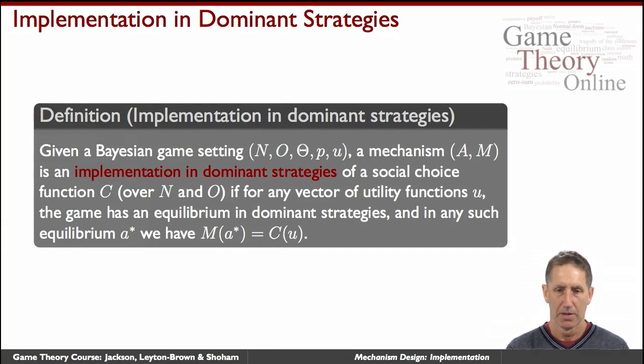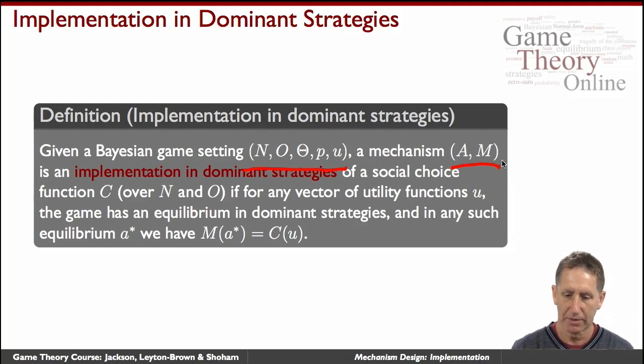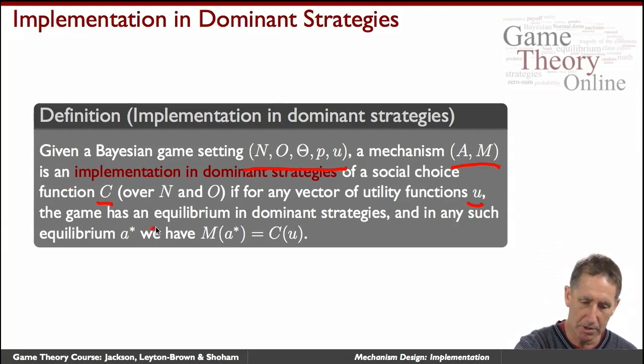Well, let's assume we start with a Bayesian game setting and we add to it a mechanism, and we'll say that that mechanism implements a social choice function, C, in dominant strategy, if it's the case that take any vector U of utility functions, one for each of the agents, if the game has an equilibrium in dominant strategies,